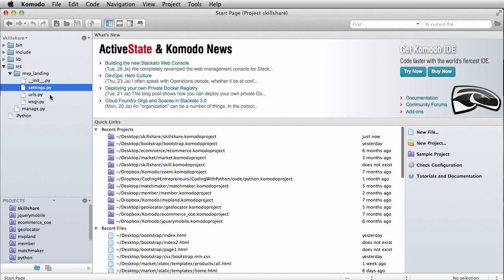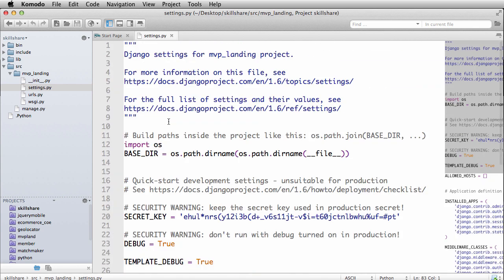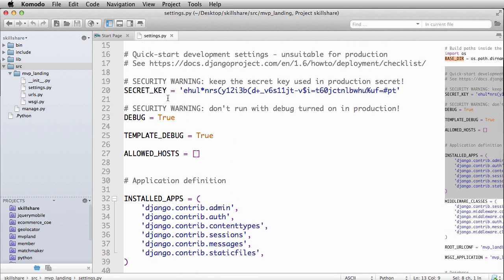So now in our settings, we open up our settings file, and this is the default of where you're going to be going for changing settings and all those different types of things. Now, base directory, what this is saying right here is it's getting the file that we're at, and then the directory name of that file, and then we have source, which would be the directory name of the one right above that. So base directory is source. And then we have our secret key. This is kind of a key that you don't want to give out,